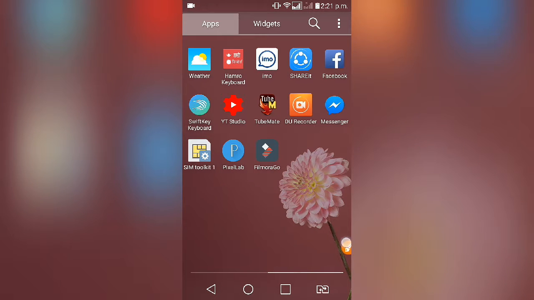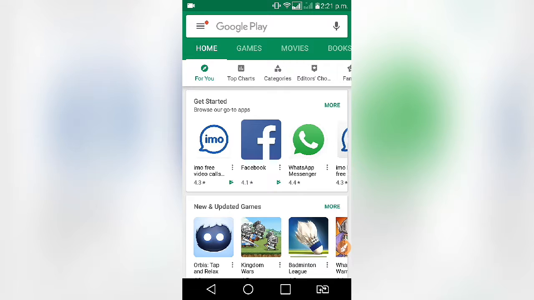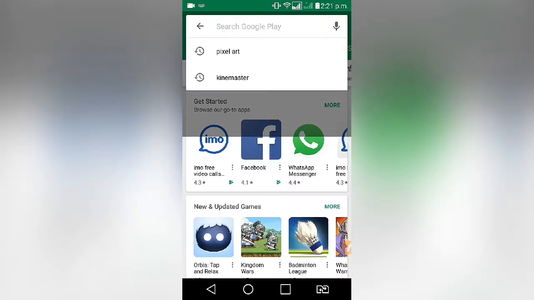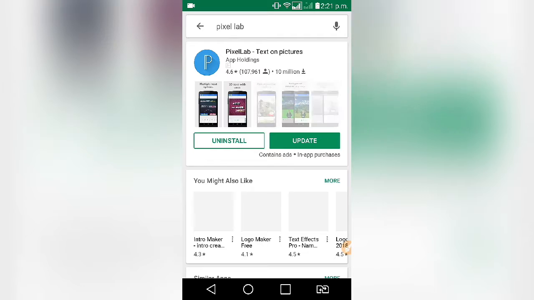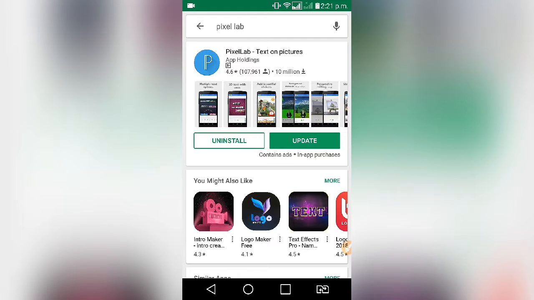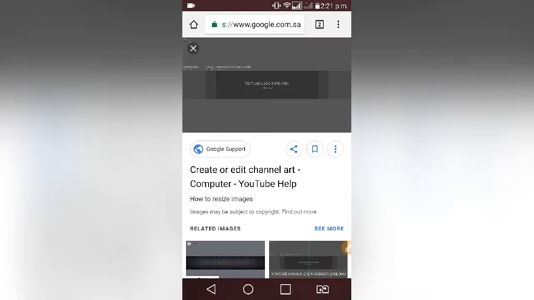Okay, you can see the image of Pixel Lab on such a screen. So go to the Play Store, then type here Pixel Lab. Then you will see this screen, and from here you can install. After install, go back, open your Google, then type here